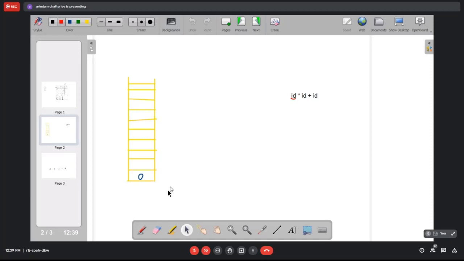Now, here shifting means what are you going to shift? Shift basically the input. So you are looking at ID, so you have to shift that thing. Shift means pushing onto the stack top. So ID will be pushed here.